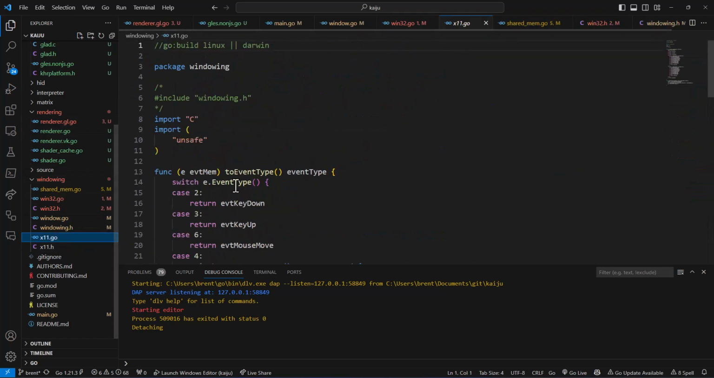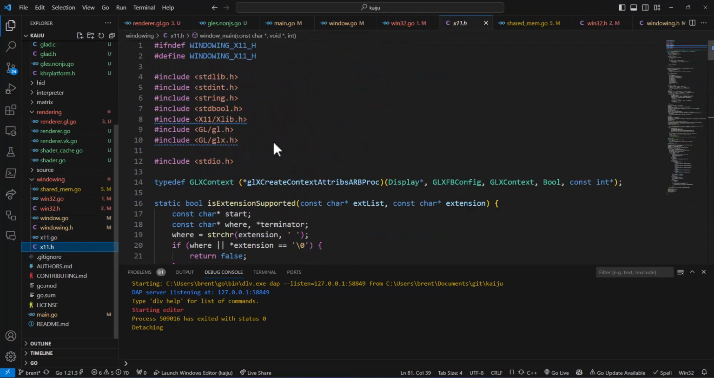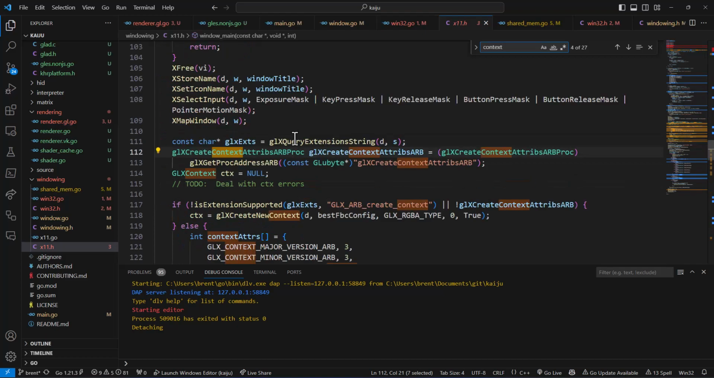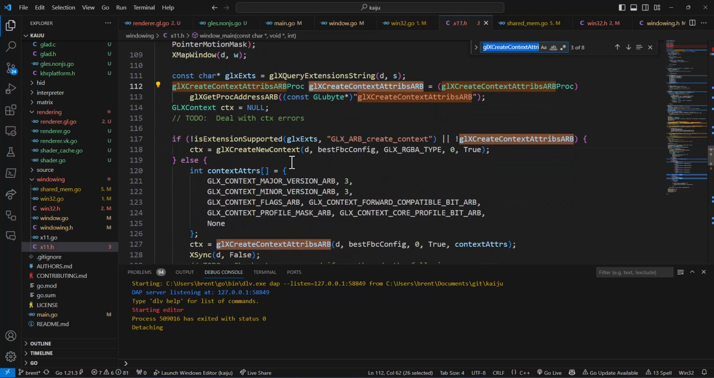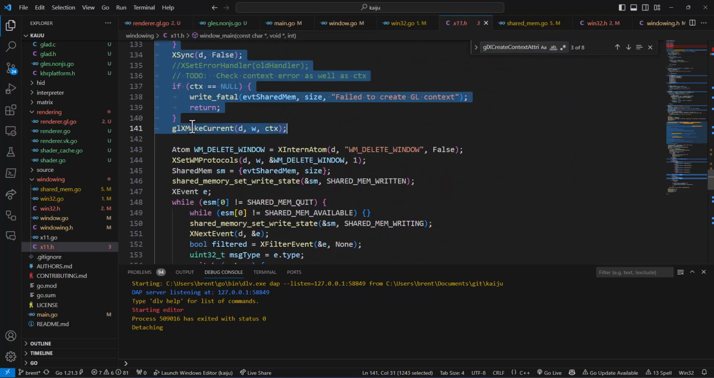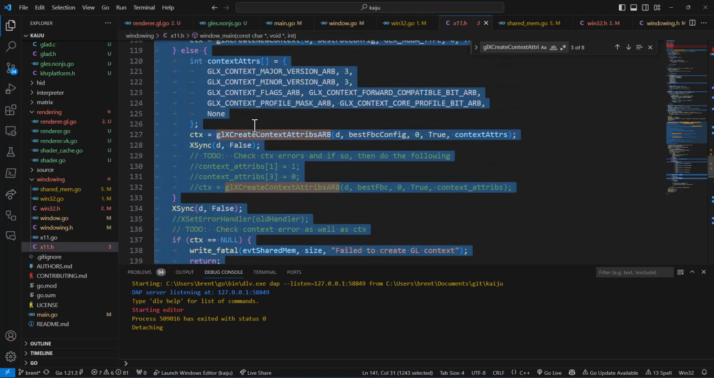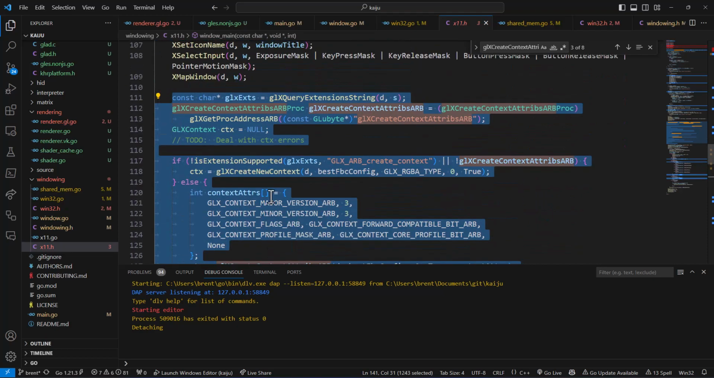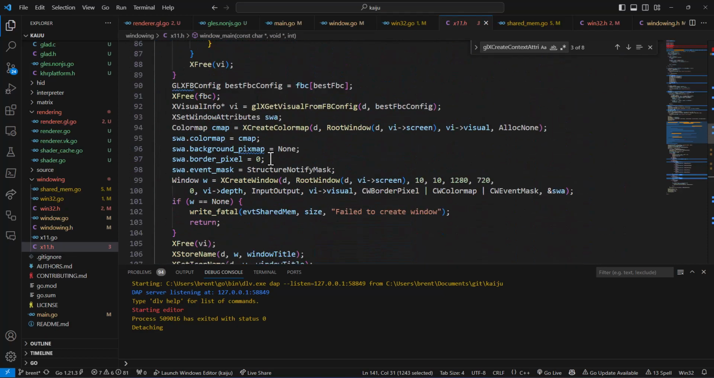Which context, create context. So that create context is happening. All this stuff here, glx make current. So this would be its equivalent of that context. So this is where we would write out the